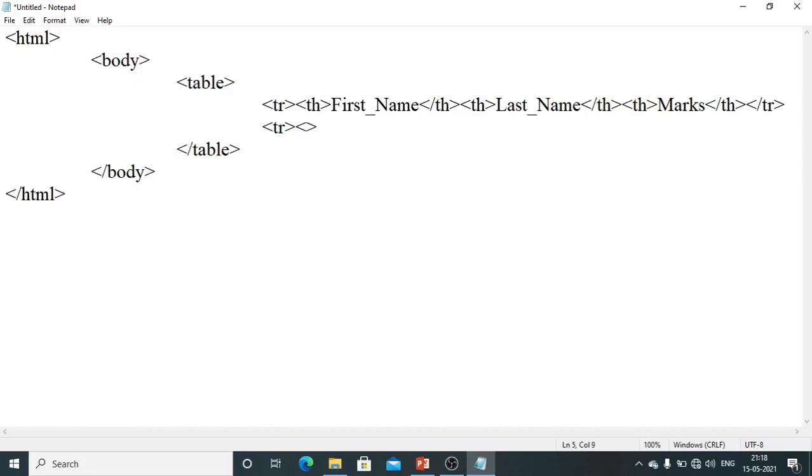I should use the td tag. So here first name I will write as Sonu. Once the cell is completed, I will close the tag using the close tag td. Next cell I will go for again td. Last name I have to mention, let me give it as Jaiswal.